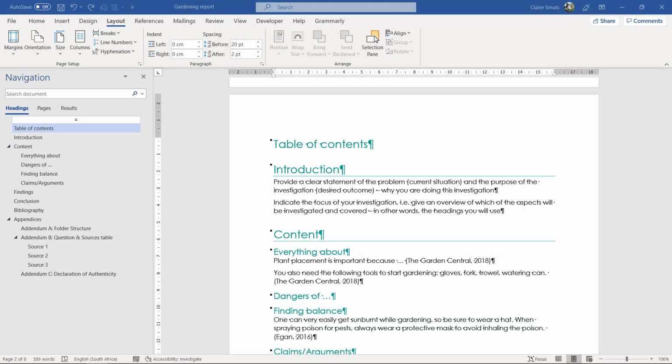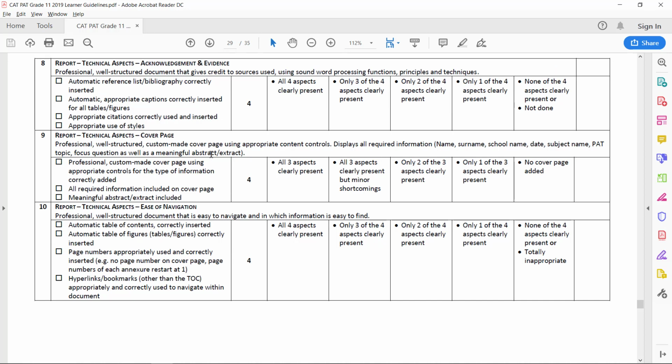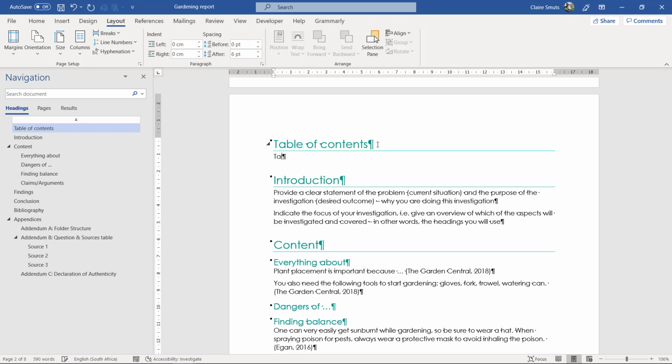Okay, last video for the report, guys. We have to do our page numbers and we're going to insert an automatic table of contents and table of figures. Right. So before we insert a table of contents and a table of figures,